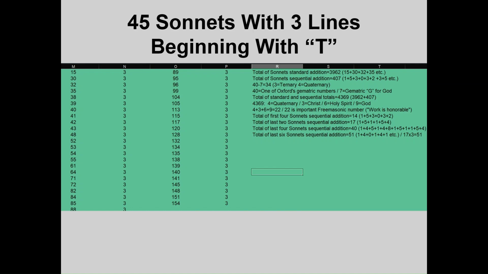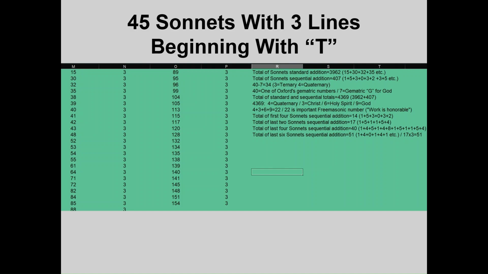There are 45 sonnets, each of which contains 3 lines beginning with T. Note that adding the standard and sequential totals equals 4369, which by now you should recognize as numbers reflecting Christian and Masonic symbolism. Adding 4 plus 3 plus 6 plus 9 introduces a new number, 22, which represents the idea that work is honorable in the proto-Masonic/Freemasonic philosophy. I'll let you research that one on your own if you so desire, but there are many, many